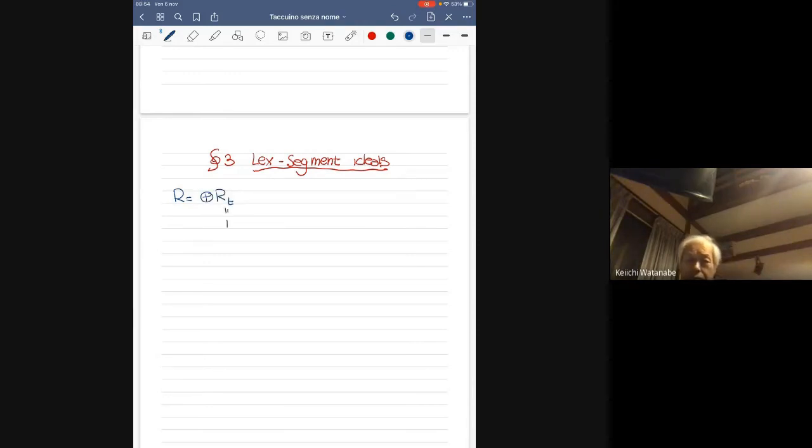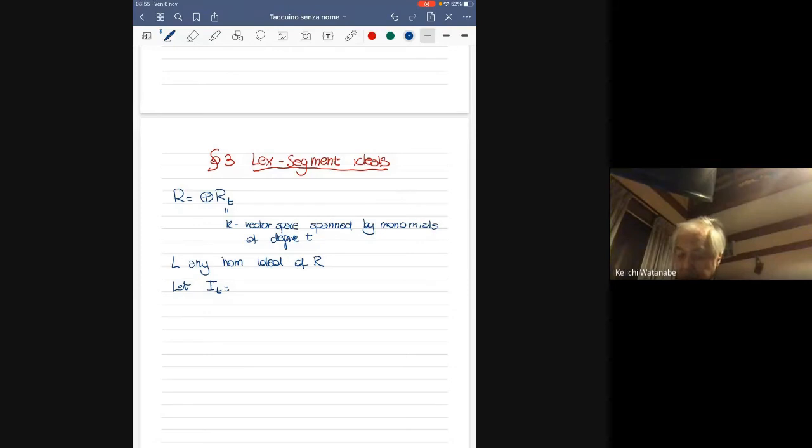This R_T is the K vector space spanned by monomials of degree T. And then you take any, I'll call it L, any homogeneous ideal of R, and you let I_T be the subspace of R_T, okay, so they are of degree T, generated